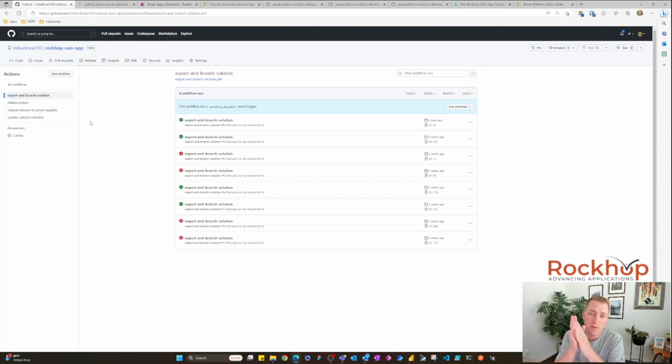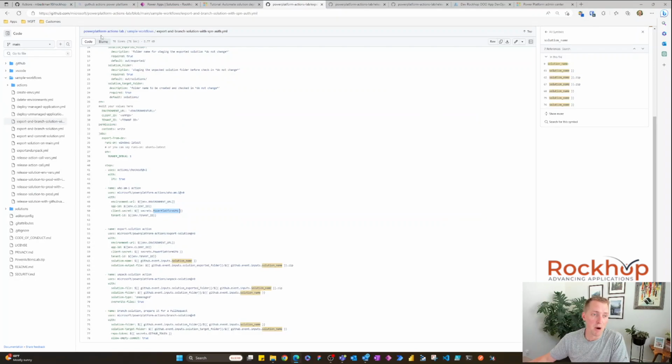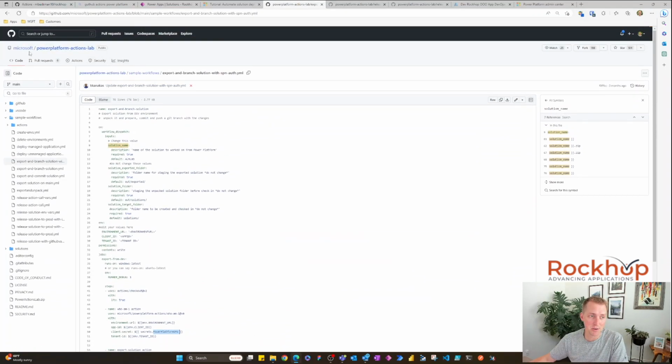Now, if you remember the documentation that I showed at the beginning of the video, that's linked in the description, there are a few links in there that are helpful. One is for the Power Platform Actions Lab repository that Microsoft has created. Inside of this repository are a bunch of templates for GitHub Actions that we can use and really get us pretty far. There's only a few things that we need to change in these template files, which are just configuration